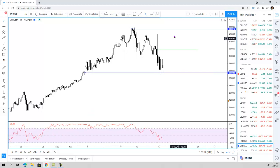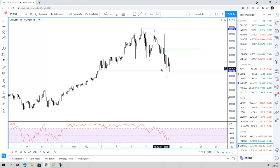Because what this seems to be is an A, B, C pullback, an ABC pullback on the overall bullish structure. Now, how can we know for sure that this is an ABC pullback? Well, we are going to use Fibonacci retracement levels and extensions. The C wave should always be at the 161.8 of the AB wave, and the AB wave must not retrace more than 88.6%